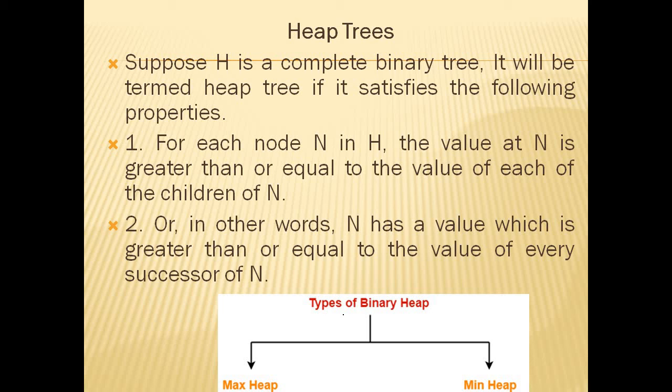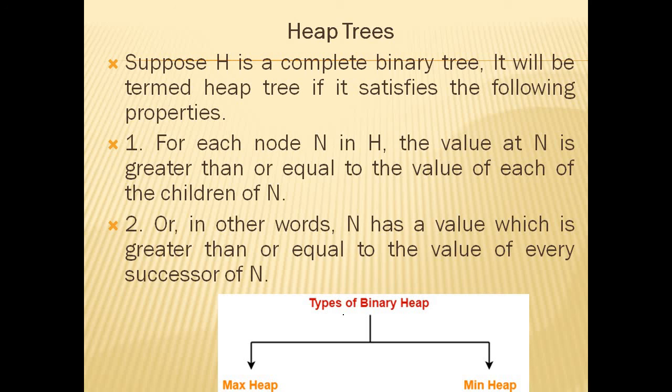Here the property is, when you observe a tree or a subtree or one root, the root value should be greater than its children. That is the only property we need to check. The root element value should be greater than or equal to both its children. Whether the children have a lesser value on the left-hand side and a greater value on the right-hand side, that is not the property. Here we just need to check that the root element should be greater than or equal to its children.